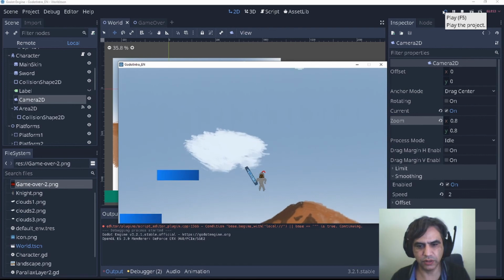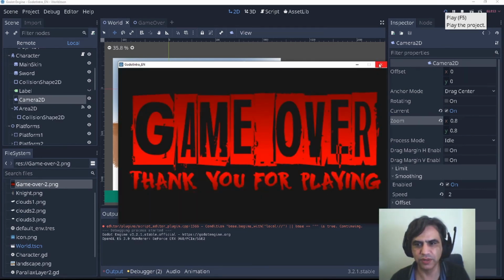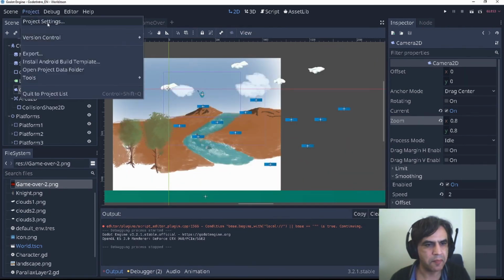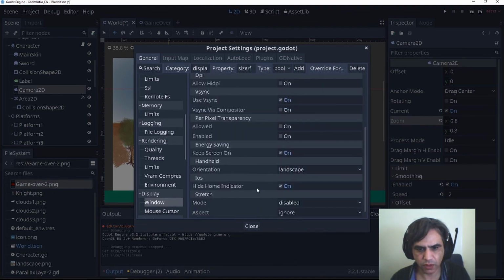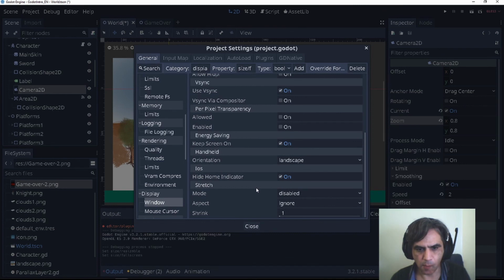So, I know what I want to do. Was it resizable? Let's see this full screen. It is this one.